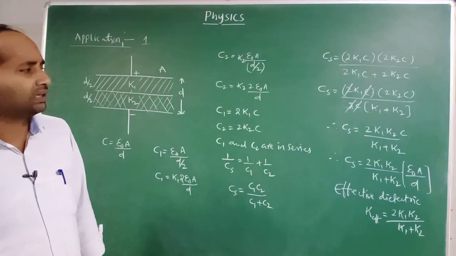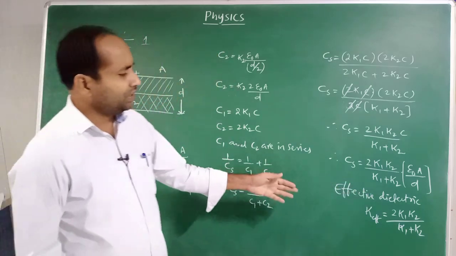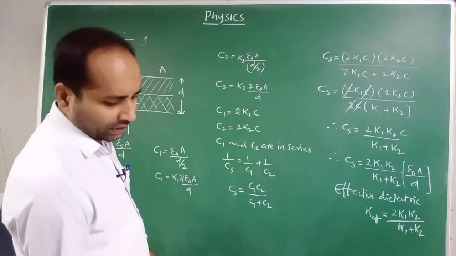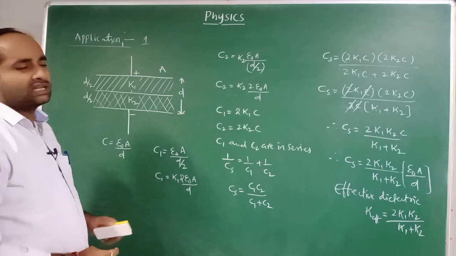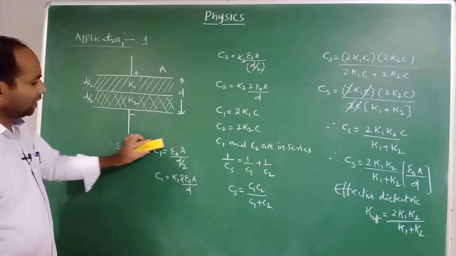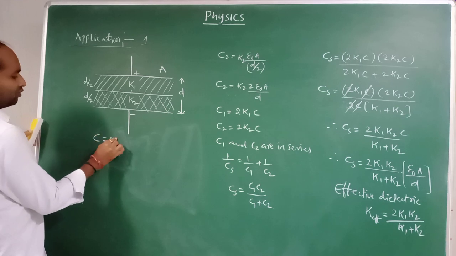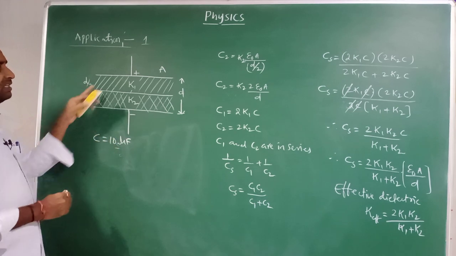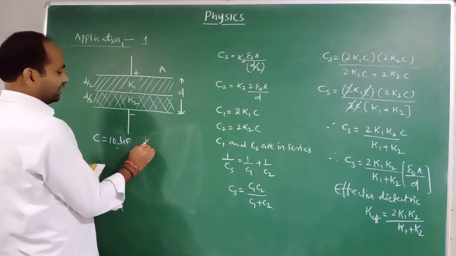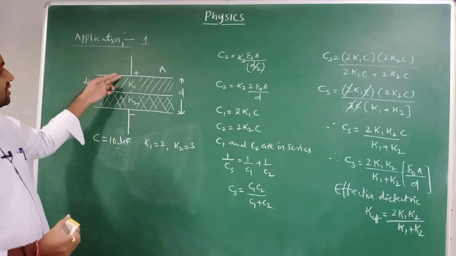2K1K2 by K1 plus K2 is the effective dielectric constant. So based on this, the problems may be asked like this. For example, a parallel plate capacitor has a capacitance of 10 microfarad when air is the medium between the plates. If two dielectric slabs of constants K1 equals 2 and K2 equals 3 are inserted between the plates of the capacitor,